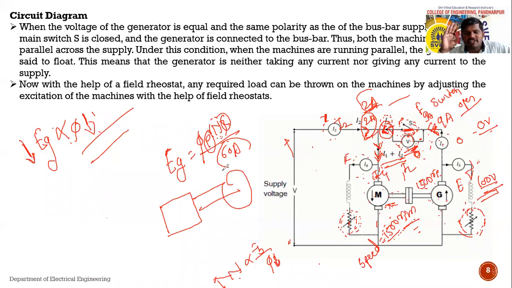So similarly, in the case of the direct method, the power is wasted in the form of heat, but in the back to back test or the Hopkinson test, this power waste does not happen, because we are directly using the output of the generator as the input to the motor. That means regeneration occurs. And the mechanical output of the motor is used as the input of the generator. So there is also regeneration. So we can call it a regenerative test, right.